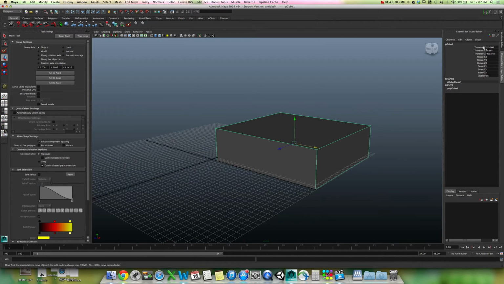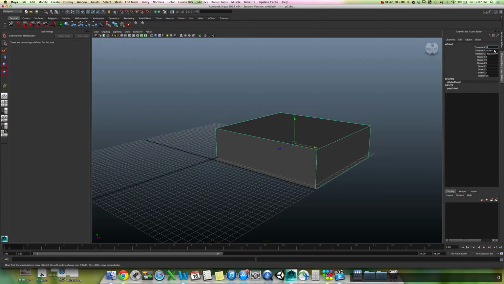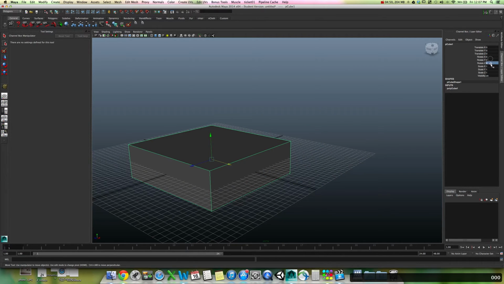Okay, now over here we have what's called our channel box. And that channel box contains our translate, rotate, and scales. The scales will always start out at 100% scale, because it's based on percentage, not particular values. Now, scales